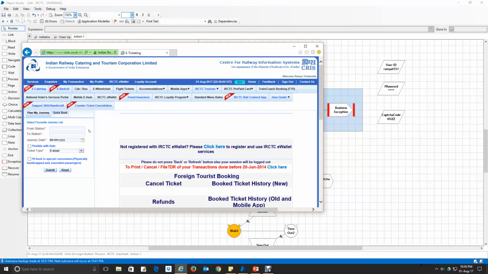You can see that the application is being launched. It has already provided the correct user ID, correct password and correct captcha code, and my application is getting logged in. From here you can search for anything. As of now I haven't automated this because it is a simple task that you can do, and I have simply clicked on sign out.